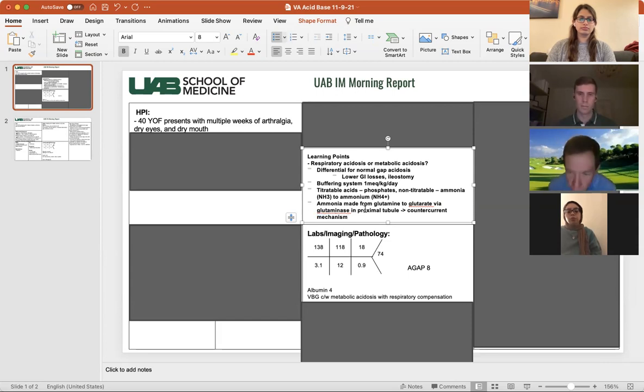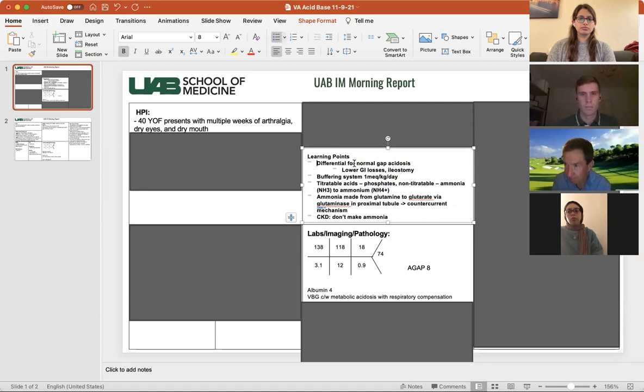So what could go wrong? So the first thing to go wrong is with significant chronic kidney disease, you just don't make enough ammonia. So when we see people who have stage 3B, stage 4, stage 5 chronic kidney disease who have a normal gap acidosis, their first problem is they're just not producing very much ammonia in the kidney. The second problem is, as the